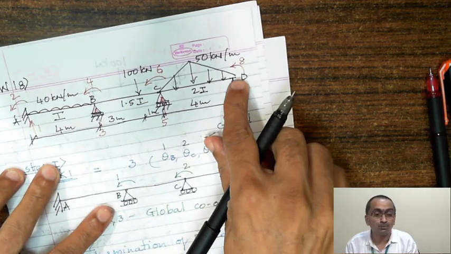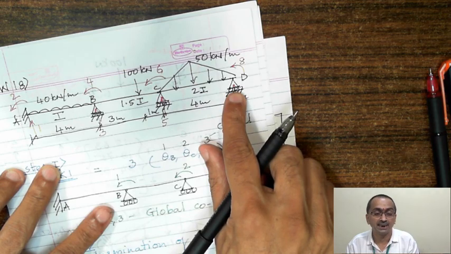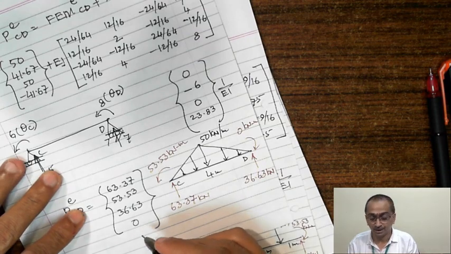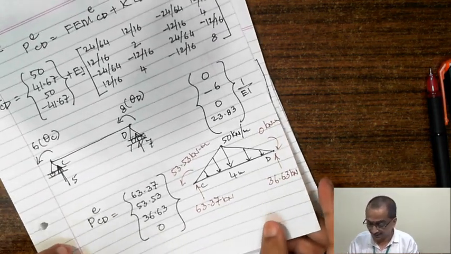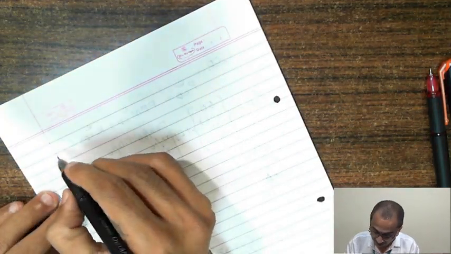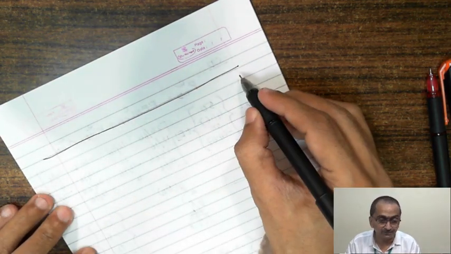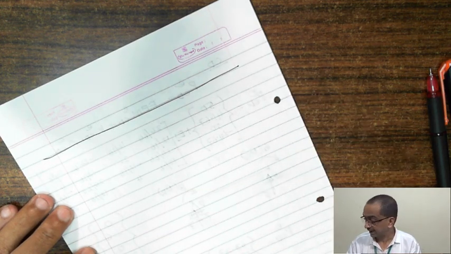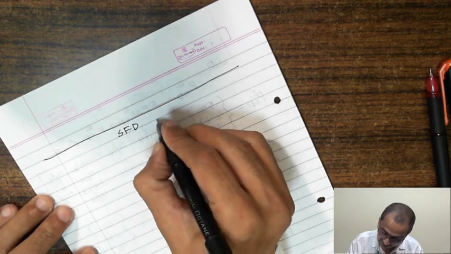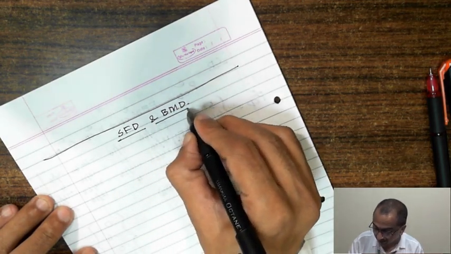And see, the last moment, that is moment acting at D. D is an external support, which is roller support that cannot carry any moment, and that moment automatically using our calculations came out to be 0. This means our calculations are 100% right. So we have assembled, we have written all the 3 stiffness matrices. Now the last step is drawing these element stiffness matrices one after the other, and plotting shear force diagram and bending moment diagram of these.